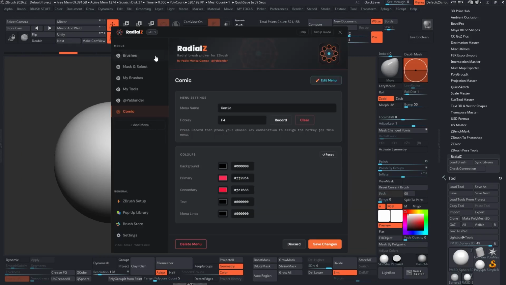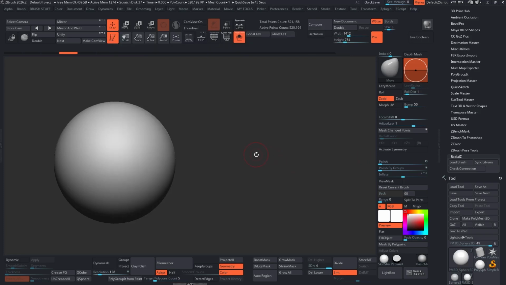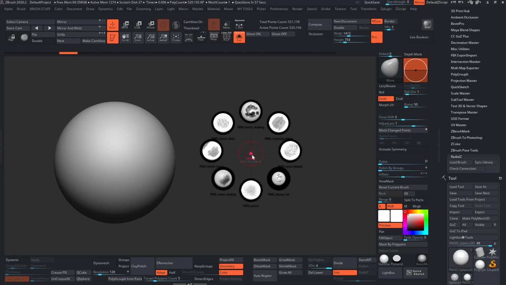So if I go back into RadialZ, you'll see I'm using F4. So what I need to do is change that F4 to something else. So I'm going to clear that and I'm going to record, for example, F9. And I click on Save Changes. And now I can go ahead and press F9. And now you see I have my custom radial with all my comic style icons, and there is no conflict